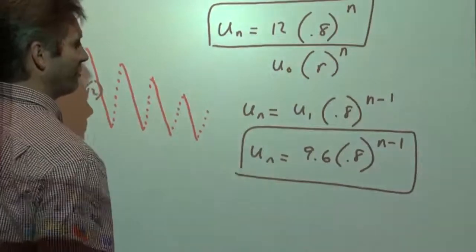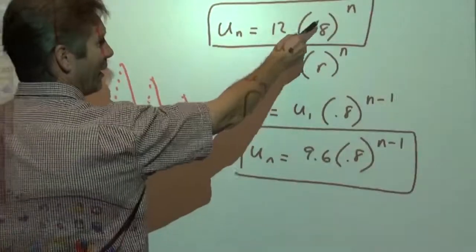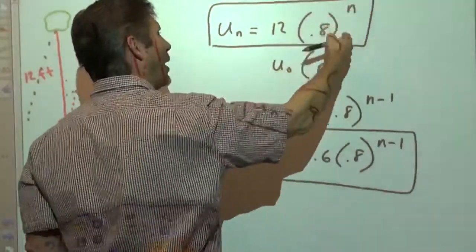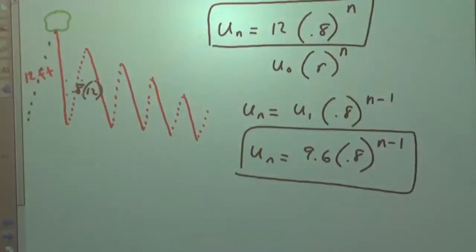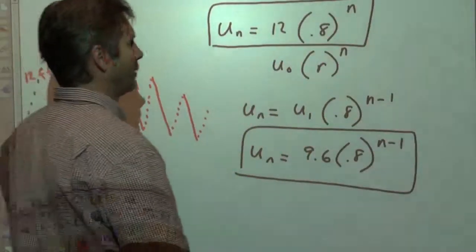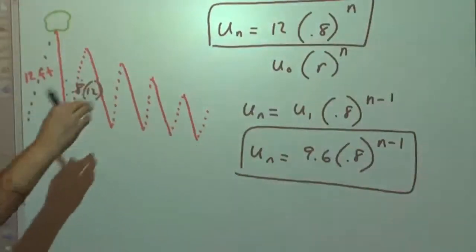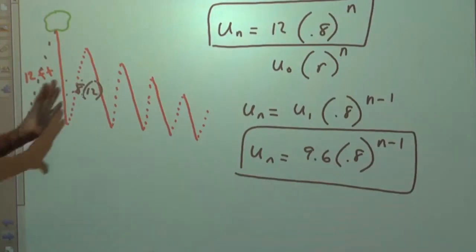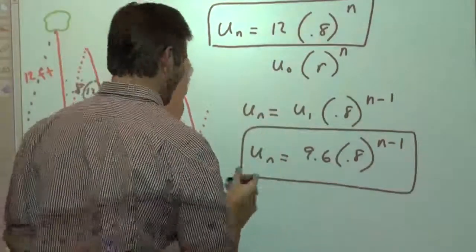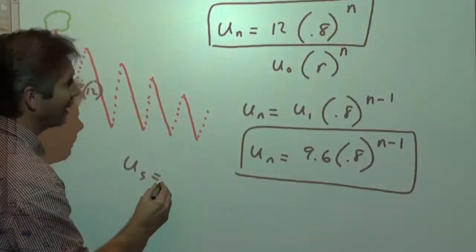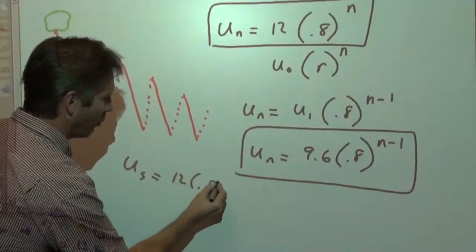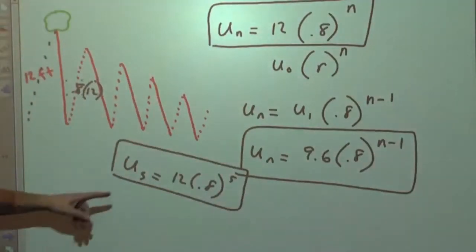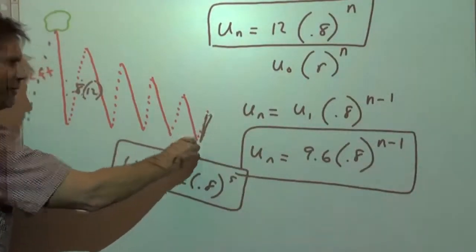We want the height after the 5th bounce. I would tend to go there. I think that's easier. You put a 5 in there. You take 0.8 to the 5th power and multiply it by 12. And that will give you your answer right there. 0.0004096 times that, but we don't care. Just bust out the calculator and you can do it. Just say that your height after the 5th bounce is 12 times 0.8 raised to the 5th power. So you're going to do that in your calculator, and that will be this height right here, the height after the 5th